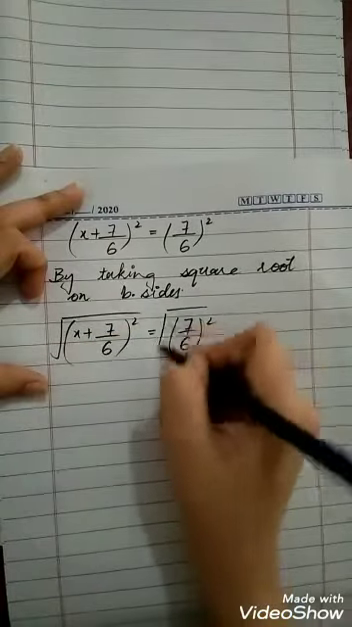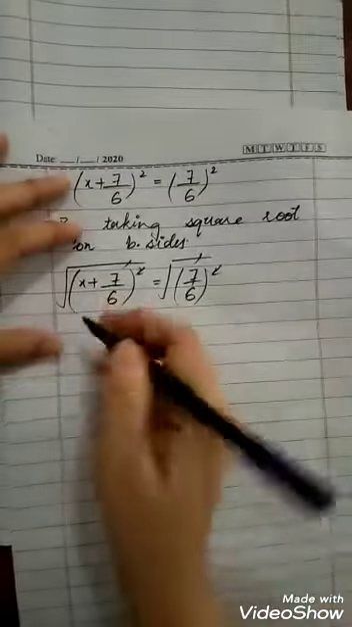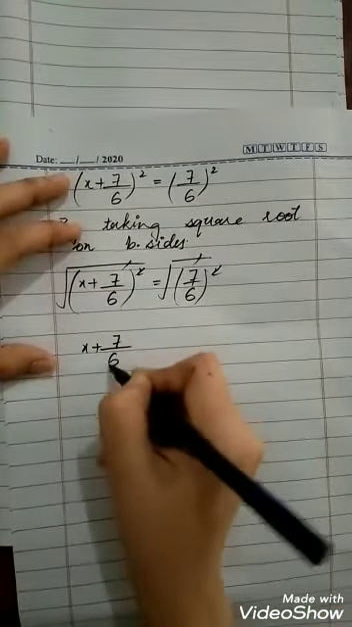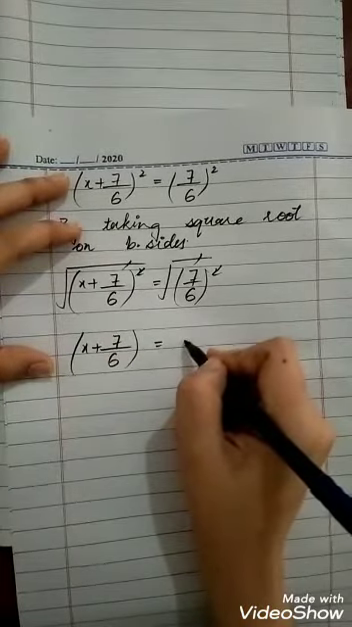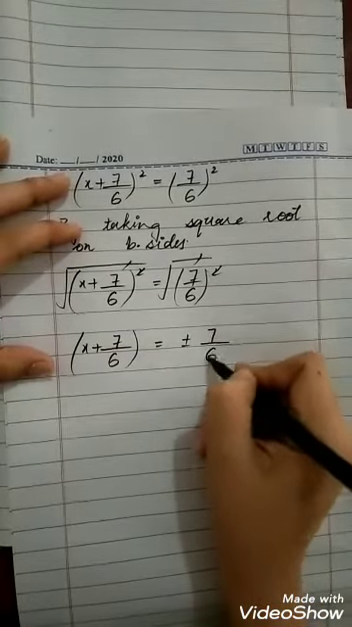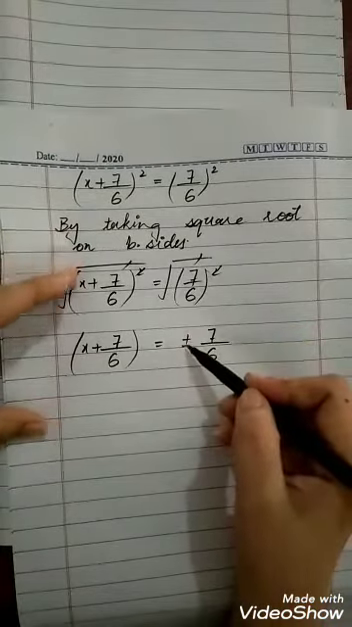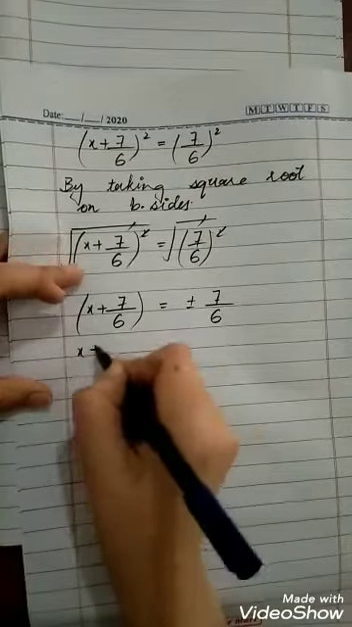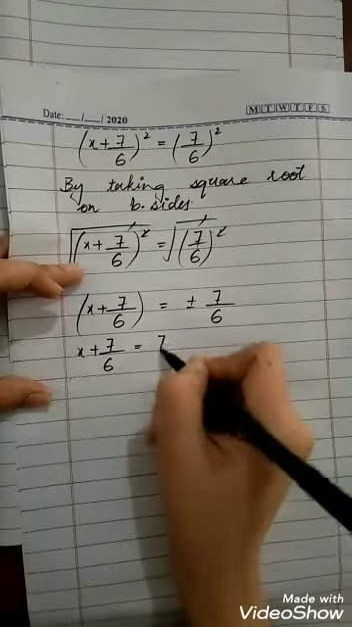Taking square root on both sides, the square is cancelled with the square root. What is left here? x plus 7 by 6 is equal to plus minus 7 by 6. Plus minus, why? Because we have taken the square root, one value will be positive and one will be negative. So now we will take equal, firstly the positive value,